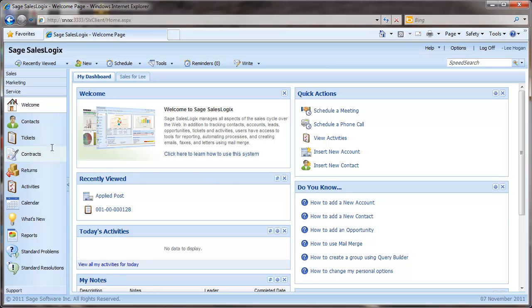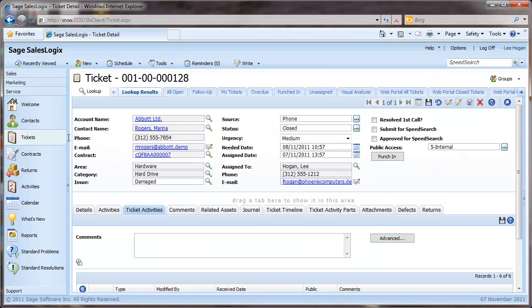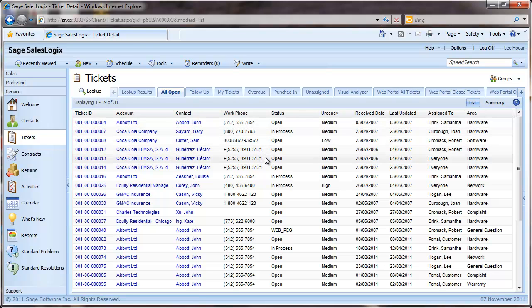The tickets area within SalesLogix is where you can record, monitor, action, and resolve any type of customer service issue. This might be a product problem that needs to be fixed or a complaint. With the associated functionality, tickets can also be used as a way of recording and tracking certain jobs or tasks, like an engineer attending an on-site support issue, and recording time and parts used to resolve the problem. Further functionality also allows you to associate tickets to contracts and assets, and also to log product defects and track